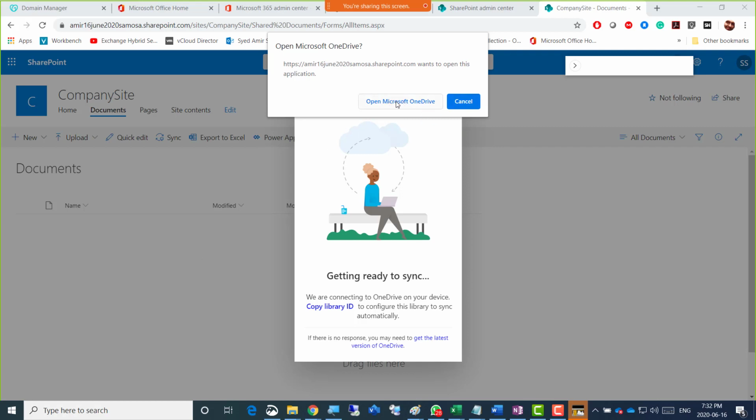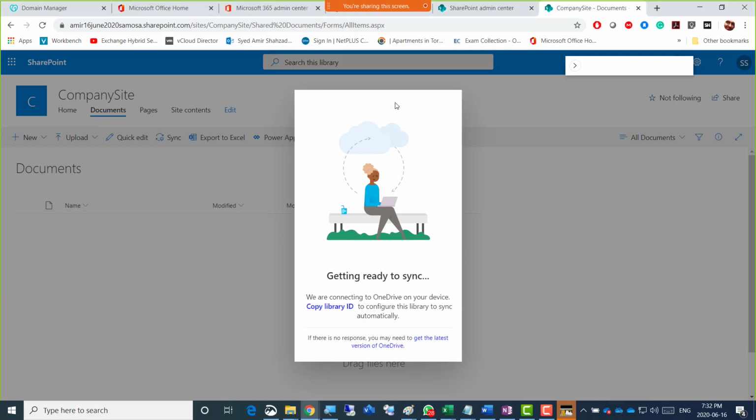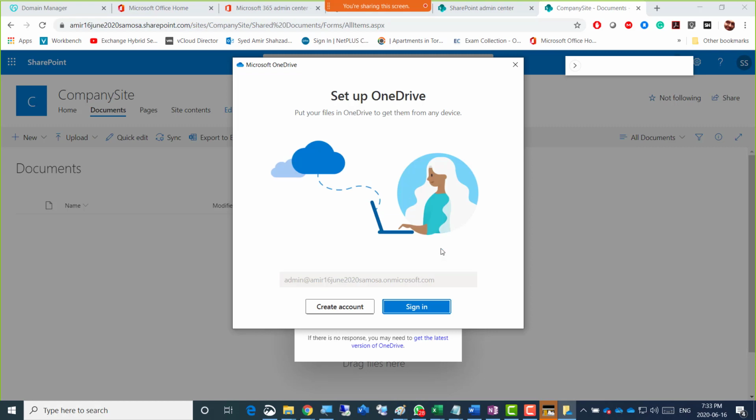So if I click open Microsoft OneDrive after clicking this sync inside documents here, it detects that I have OneDrive downloaded and installed in my laptop. You may also have Google Drive, Dropbox Drive, or Box Drive there.